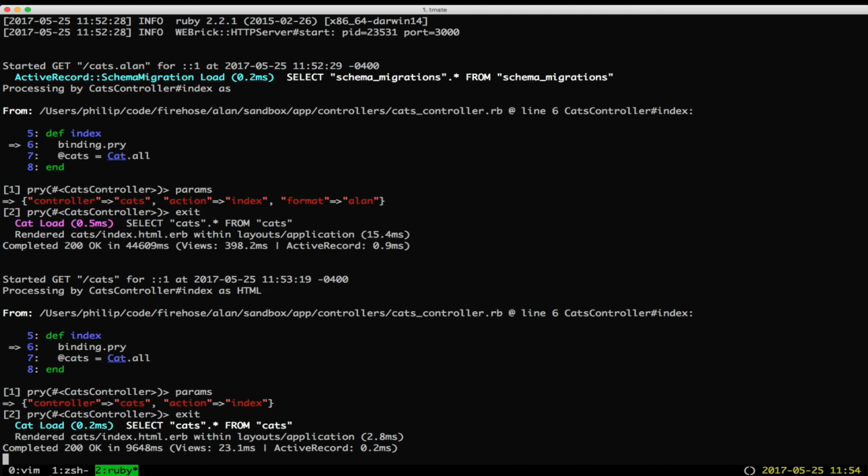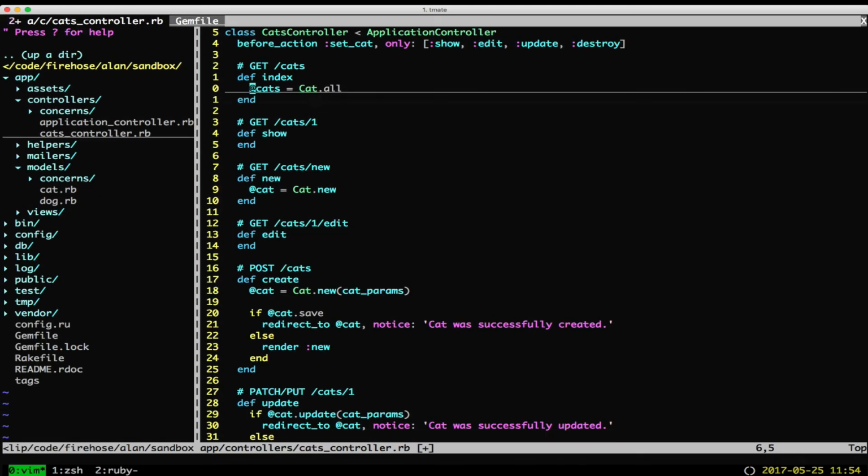It's a way that you would package data for an API. Or what if you want to request a PDF of all your cats? Then you would request cats.pdf, and then in your controller, basically right here, you would do